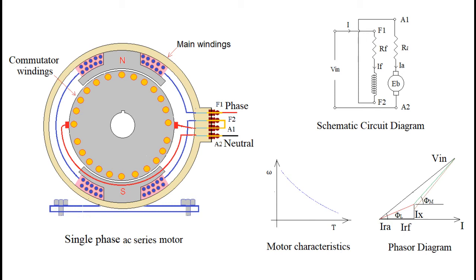The voltage that remains after subtracting the resistance drop from the supply voltage is the sum of various voltage components. One of the components is the inductive reactance drop across the field winding. This drop must be perpendicular to the resistive drop. Now the remaining voltage is the voltage across the armature windings. This voltage must have two components, one due to pulsating flux and the other due to rotation of the rotor.